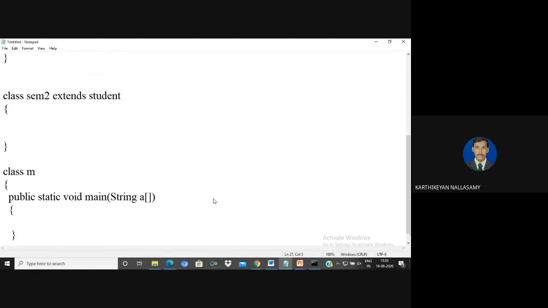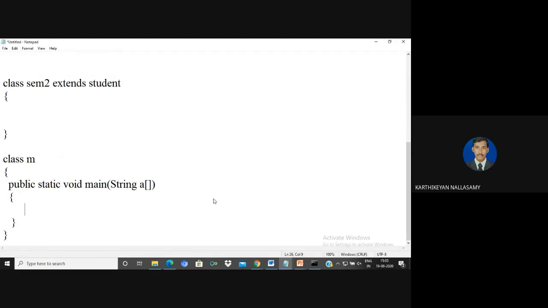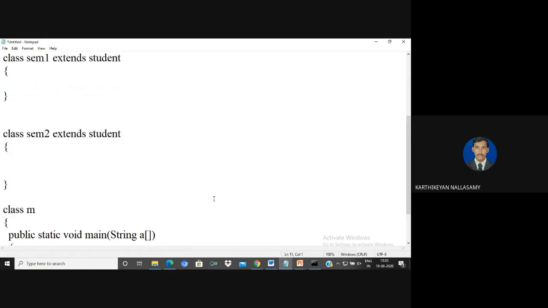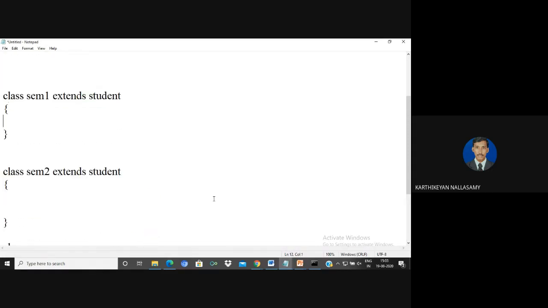I told you that if you want to access the different derived classes, we need to create a separate object for every derived class. First of all, I'm going to complete the base class.